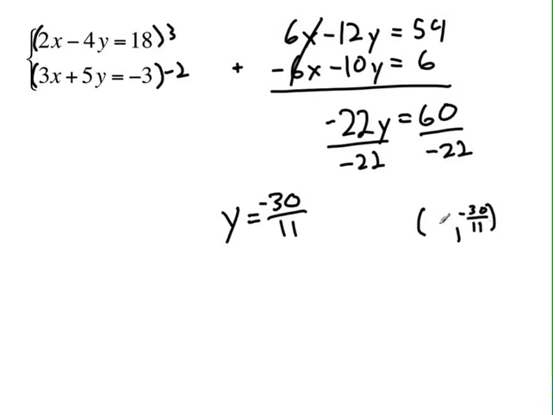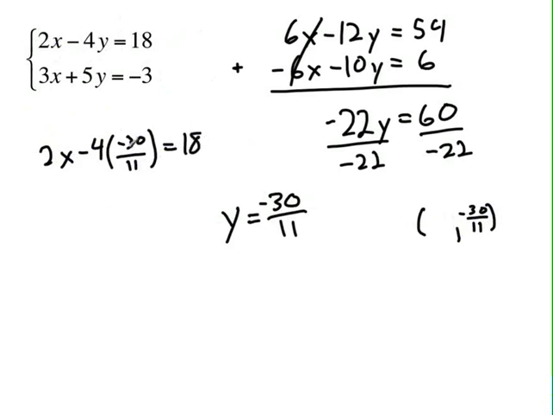Now we have to find the x value. In order to do that, we need to plug it back into any of these equations. I am going to choose to plug it into, let's do the top one. So we have 2 times x minus 4 times y, but we know that y is negative 30 over 11. And this equals 18. So we end up multiplying this out, so we get 2x